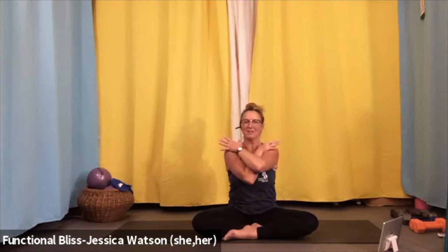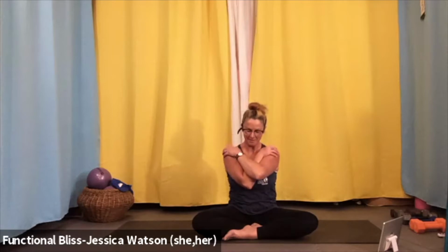This time we're going to give ourselves a little hug. So once your palms feel nice and good and hot, you're just going to hug them around, find your shoulders. Close your eyes down for a moment, tuck your chin into your chest, take a nice deep breath in, nice slow breath out. Beautiful. And then gently lift your head up, release your hands,